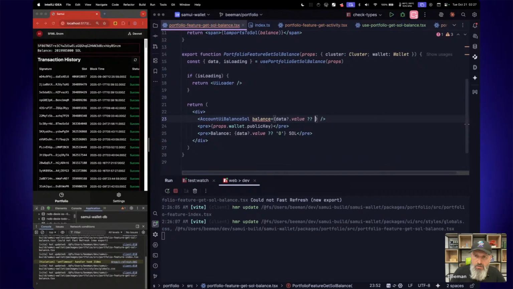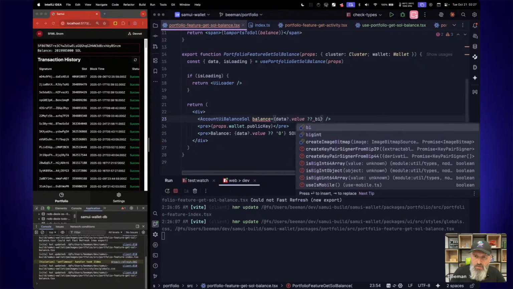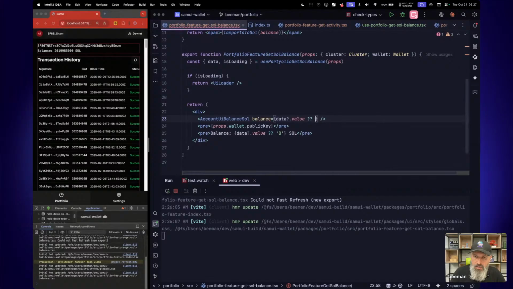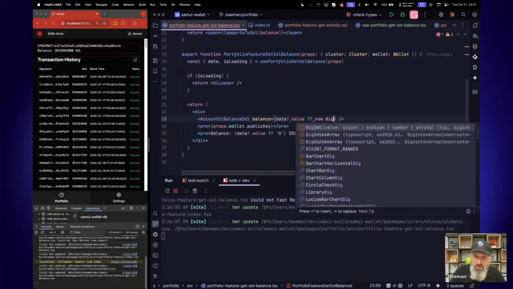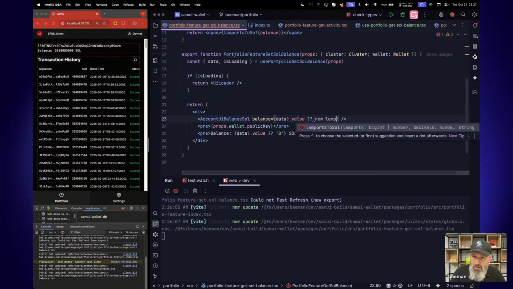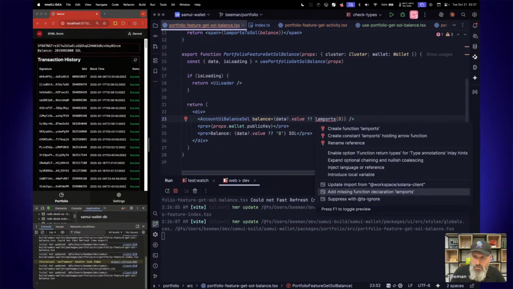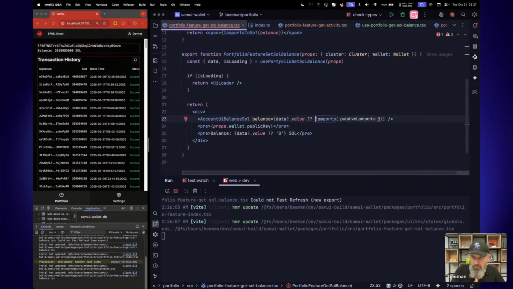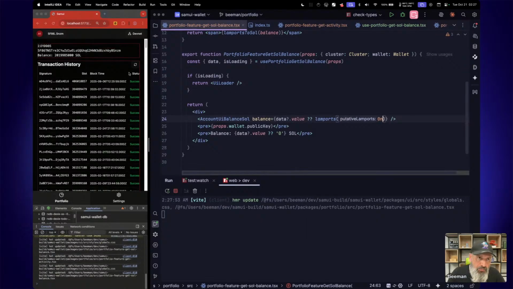Or null, or is it BigInt? New BigInt, or new Lamports null. Not new Lamports, Lamports small. There we are. Putative Lamports. Very funny for people that speak Spanish. Putativa. Anyway,